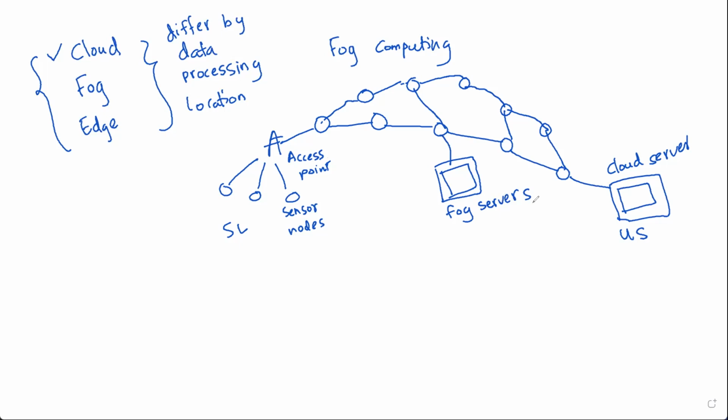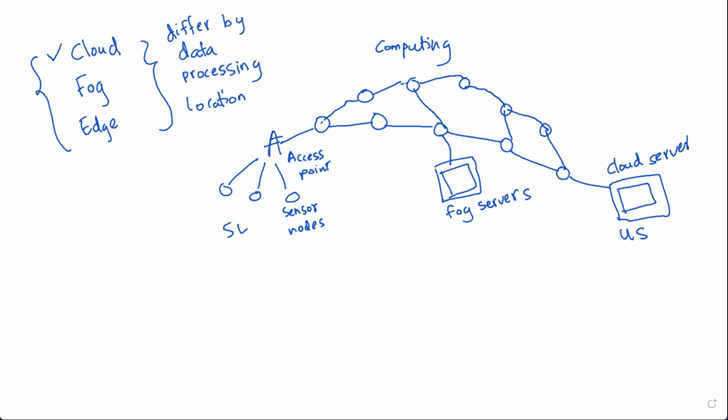Sometimes it is used instead of cloud servers, where we require the data to be processed very fast, and we require the data to be updated, and we require a certain feedback from the servers. So fog servers can sometimes do the tasks that are done at the cloud server. Instead of the cloud server, we can use the fog server in some applications. I hope it is clear to you.